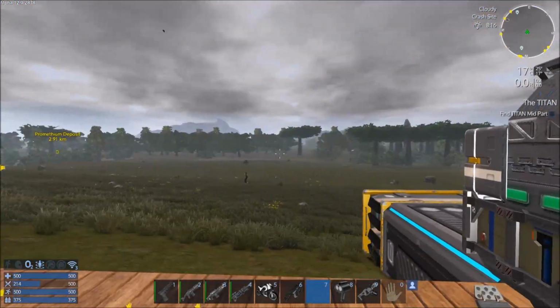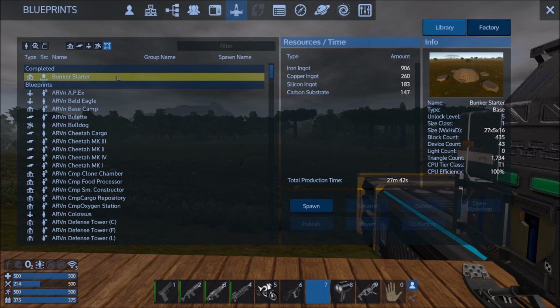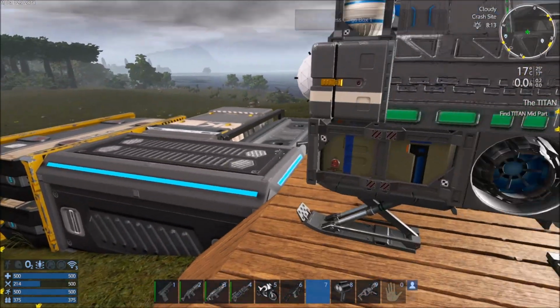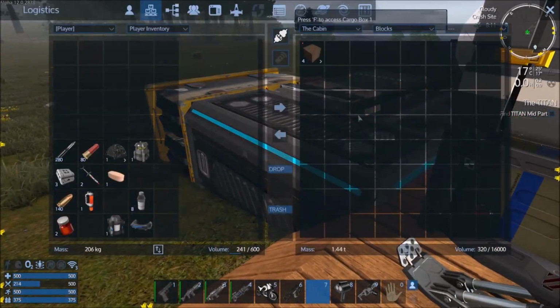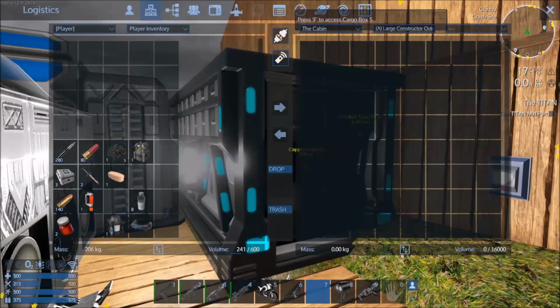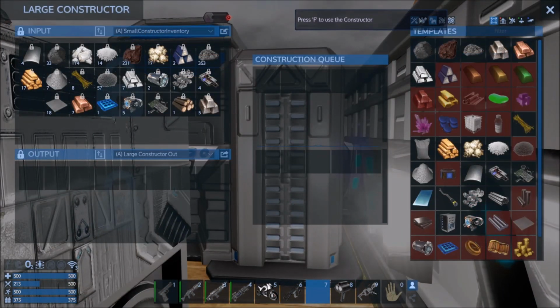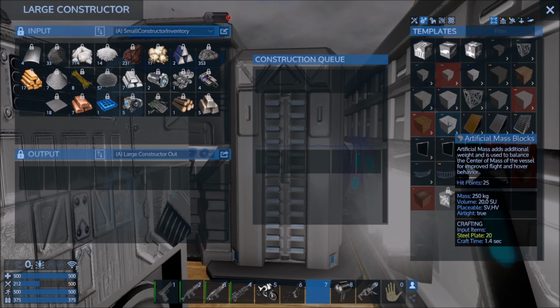And to that end, I've gone ahead and I've got the bunker starter all built up. In order to do that, I built a whole bunch of extra cargo boxes, because you can only hold 200 blocks of any kind in a 16,000 SU cargo box. Because if you look in here and look at the blocks, all of the large blocks are 80